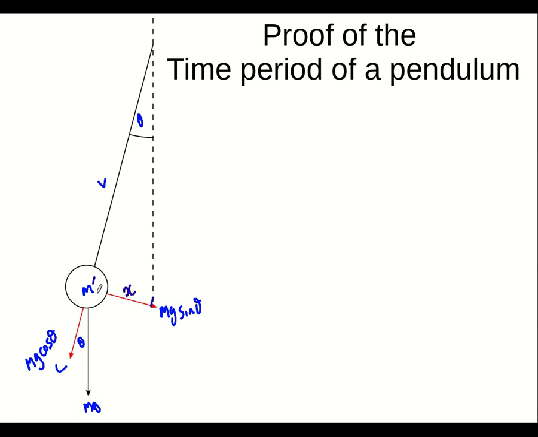x. What we're trying to do is get an equation in the form a is equal to minus omega squared x, because that's what we understand to be the basic form for simple harmonic motion. So we know the acceleration of this object according to F equals ma is the force over the mass, and the accelerating force is going to be this one, mg sine theta. So we have mg sine theta over m,